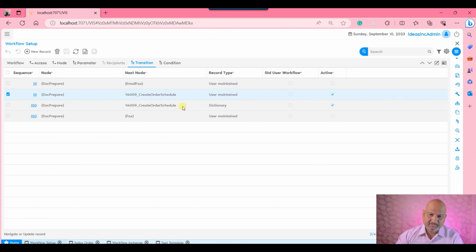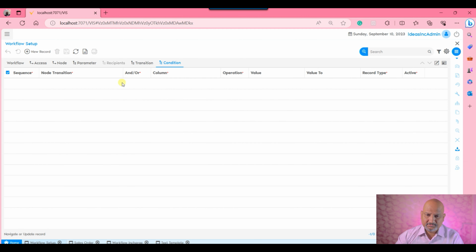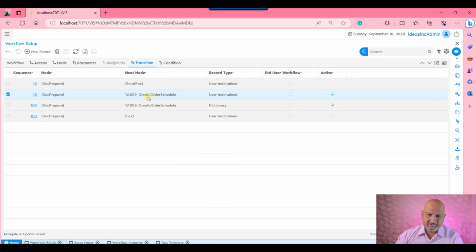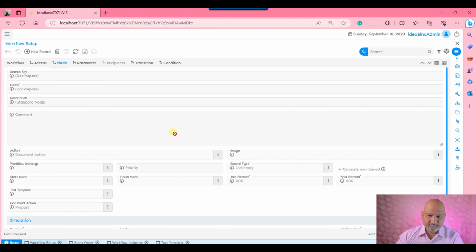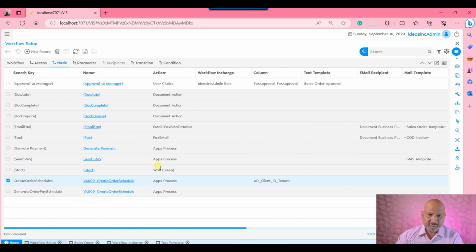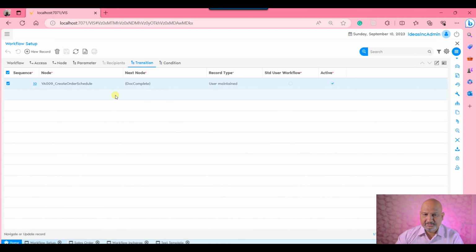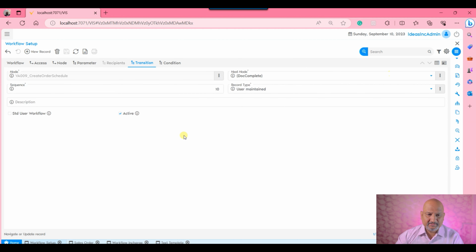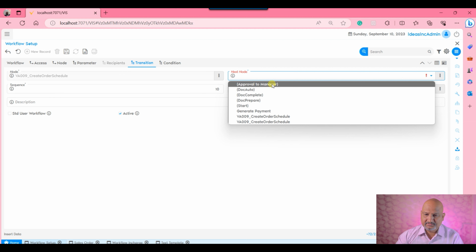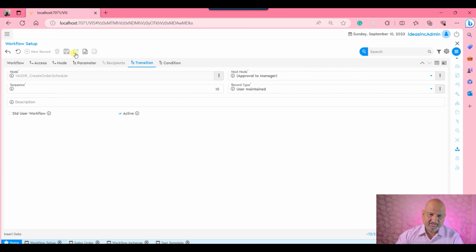So the next is going to be 10. Then this 10 has to be executed and there is no condition. So after the 10th one, let's move on to the next. So this is going to be the node that will be executed by the system next. So we'll move on to the create scheduler, and then we'll move on to the transition. Here it says after complete. So I would say no, it is not likewise. I just want to make it 100, and instead of this, my next node that would be executed by the system is approval to the manager,